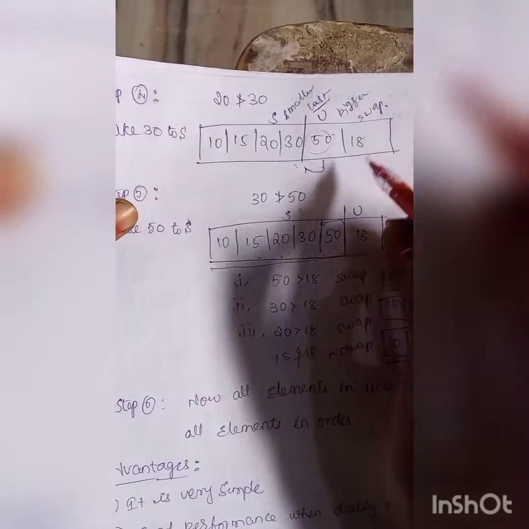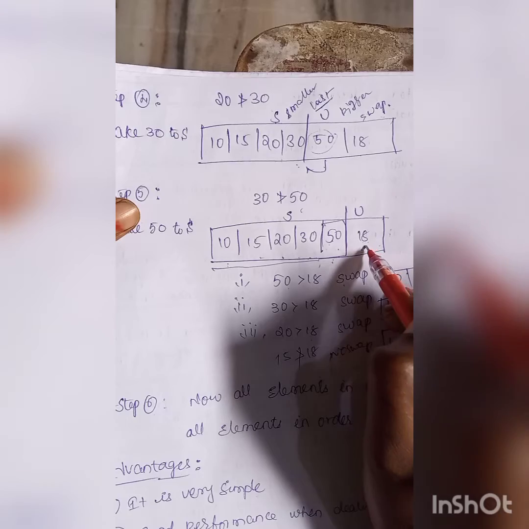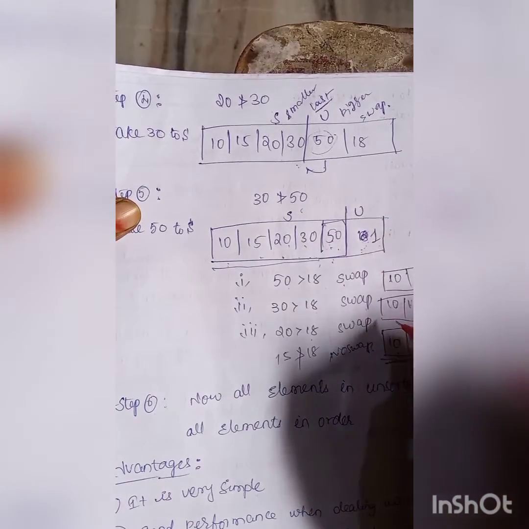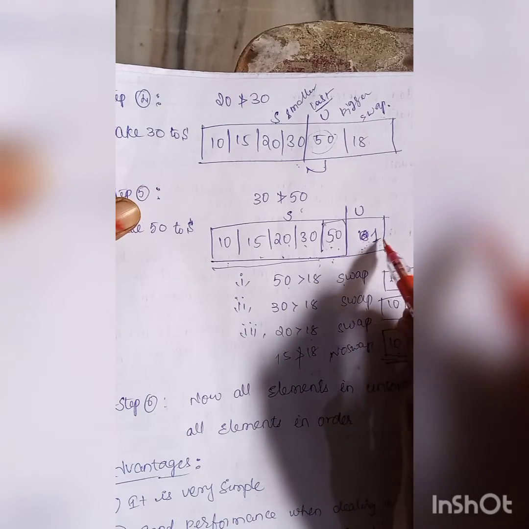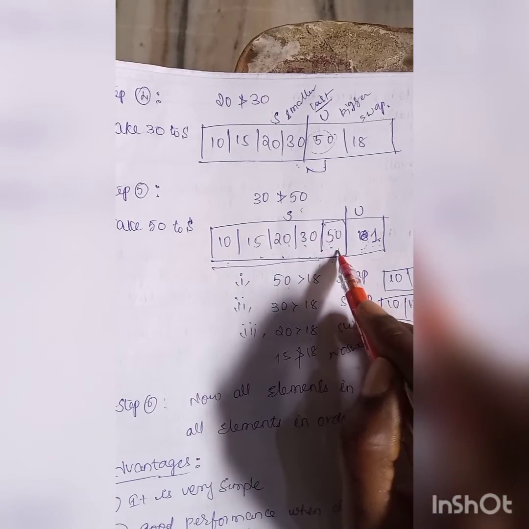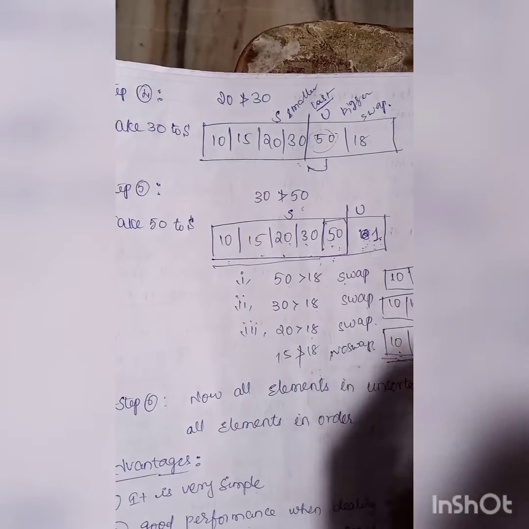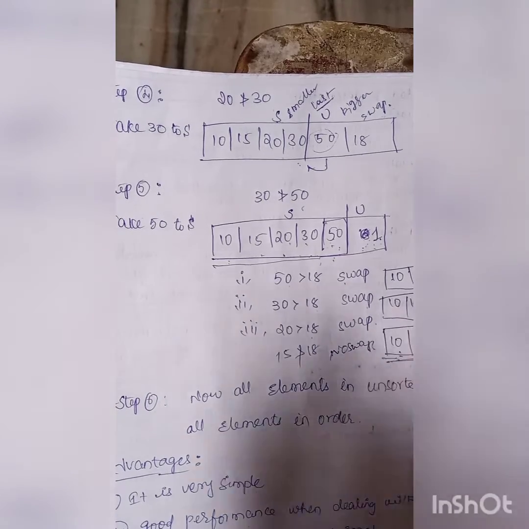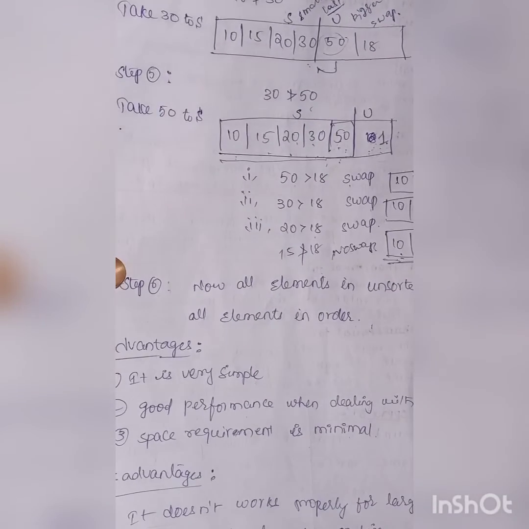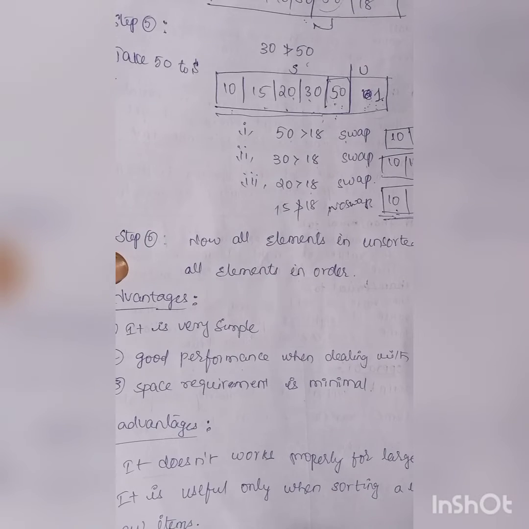Consider the situation here: a smallest element exists at the last. So this element must be compared with this, with this, with this. What you need to compare? You need to compare this last element with all the sorted elements. So if it is a large list, it is very hard to compare each and every element and you must swap the elements. So this is a problem. That is the reason this insertion sort does not work when the list of elements is large. Right? Clear?